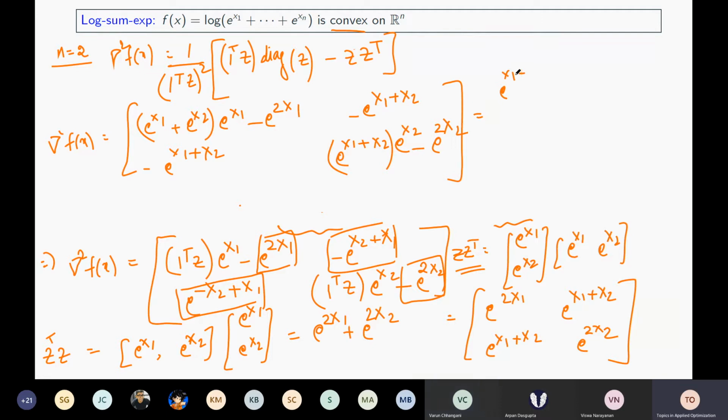So this will be e^x2 plus ... plus e^xn here, and then you will have the e^x1 term, right? And then minus, you will have e^2x1 again, right? In the general form, can you extrapolate this? So the 2x1 will get cancelled again, I think, right? And what you will be left with is,